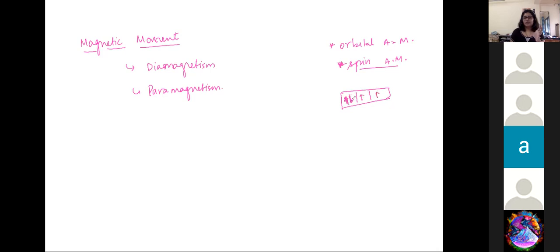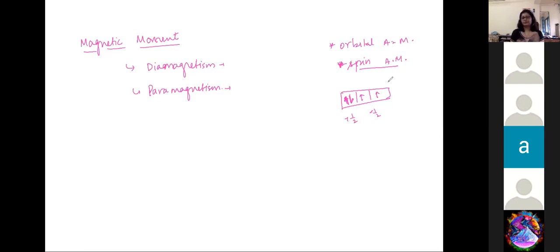Now, the spin is opposite in both the cases, represented by plus half and minus half, right? Because both of them are equal and opposite to each other, whatever spin angular momentum, say magnetic moment, these two electrons have, they both cancel each other out. Which is why when all the electrons are paired up, we say that they show diamagnetism, and diamagnetism is a much weaker effect as compared to paramagnetism. So we don't consider any of the paired electrons at all, because all of their magnetic moments basically cancel each other out.